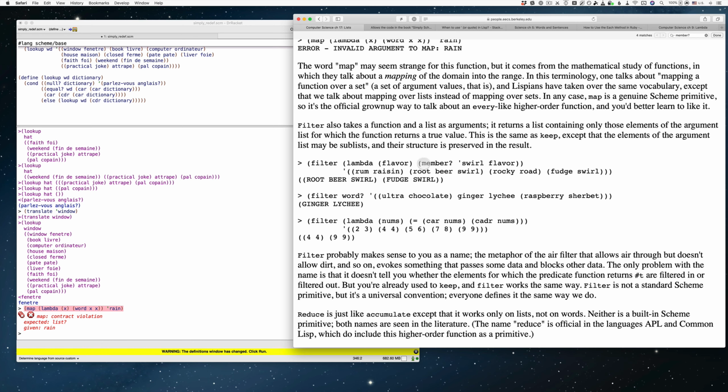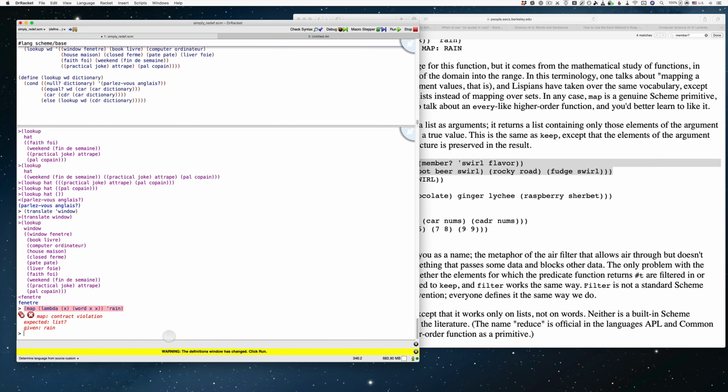if when member checks for swirl against one of these flavors, the value is true, then it gets added to this list of things, this list of flavors that filter ultimately will return. So let's just verify that, because